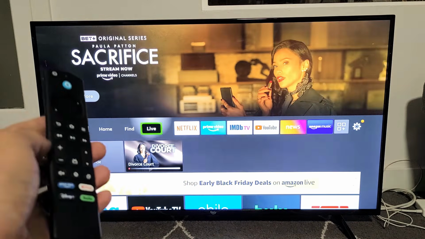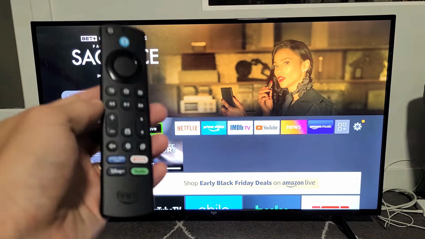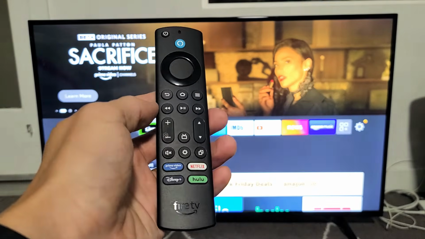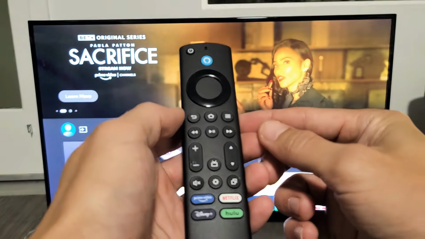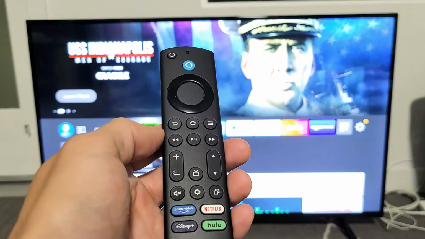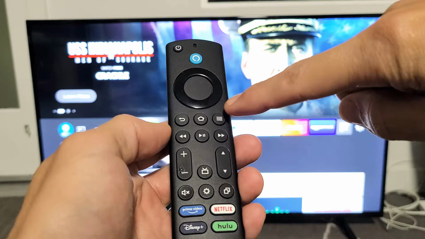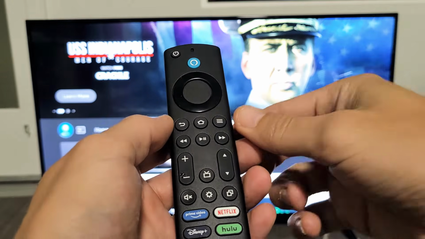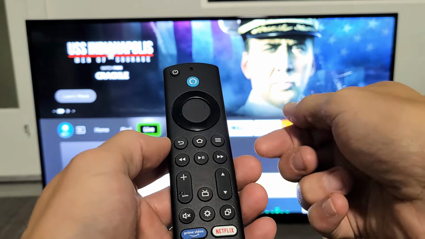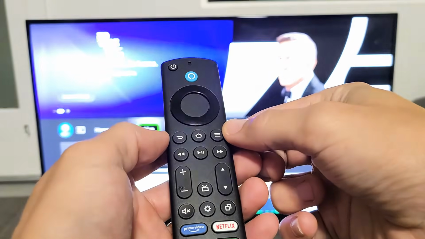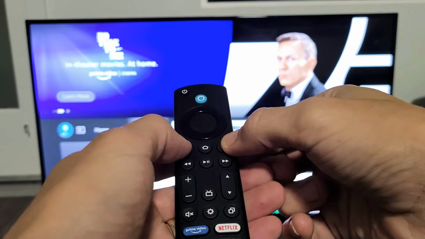Anyway, to turn it on or off, we can use the remote here. What you want to do is press and hold the back button and the menu button with the 3 horizontal lines. Okay, so I have it on right now. It's called voice view. So back button, menu. If I press and hold both buttons,